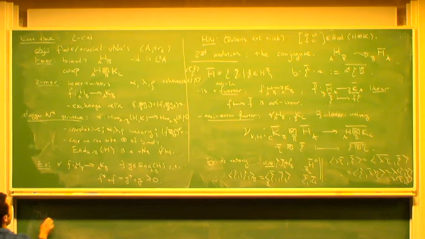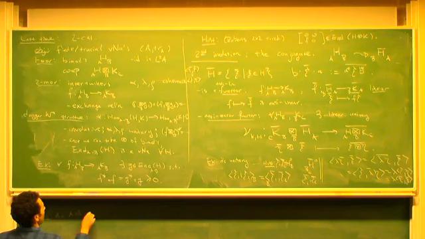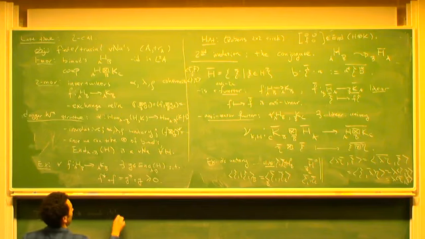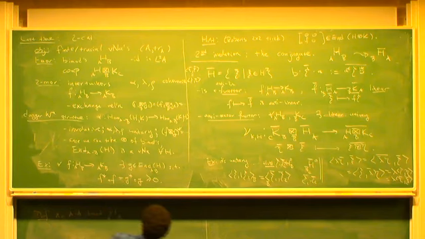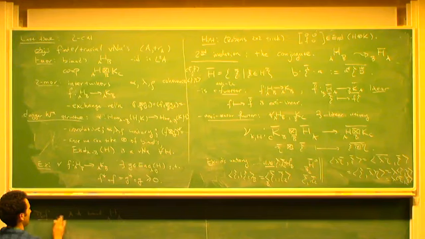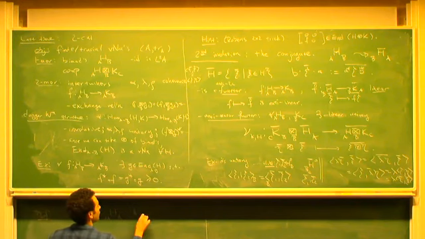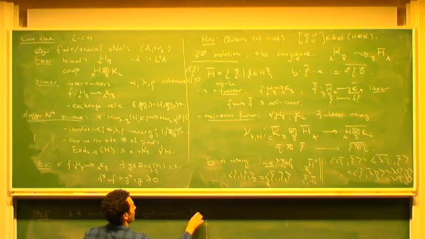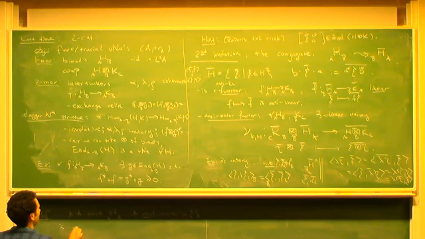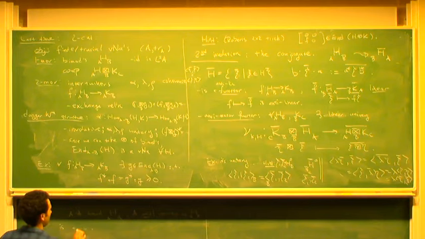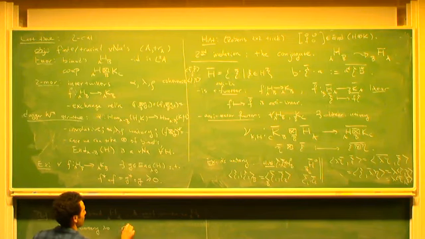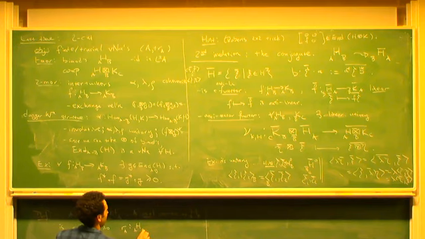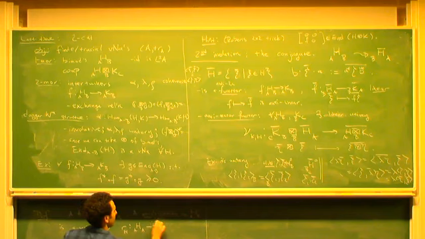So in a bimodule H, you take this A bimodule, a real structure on H is a unitary isomorphism R sub H, which goes from H to H bar, such that